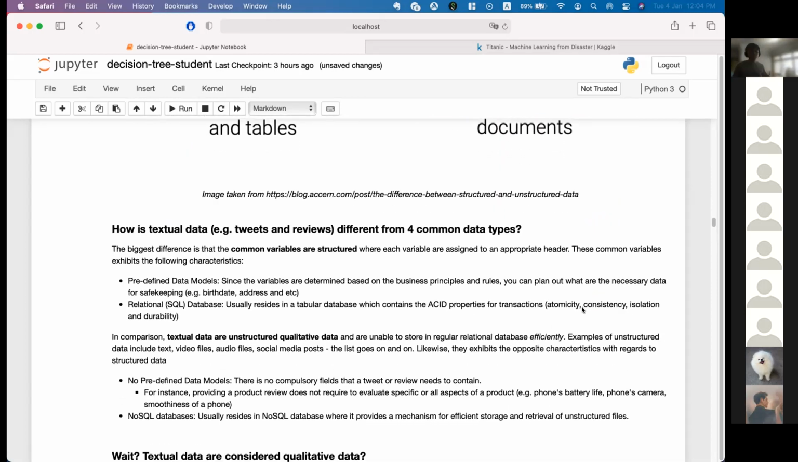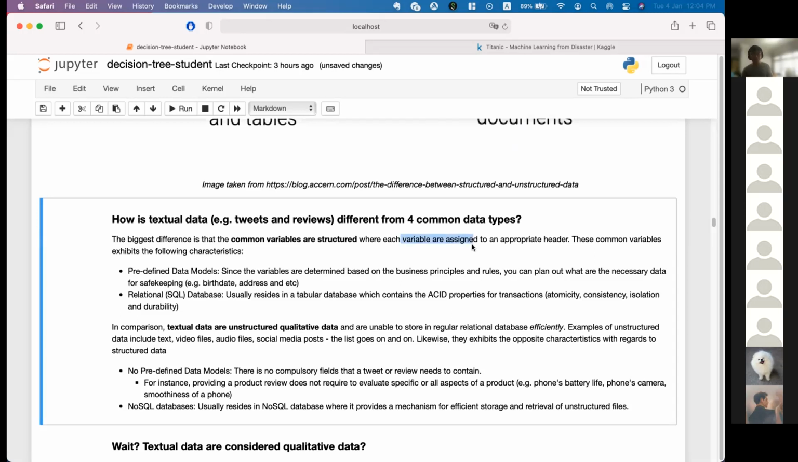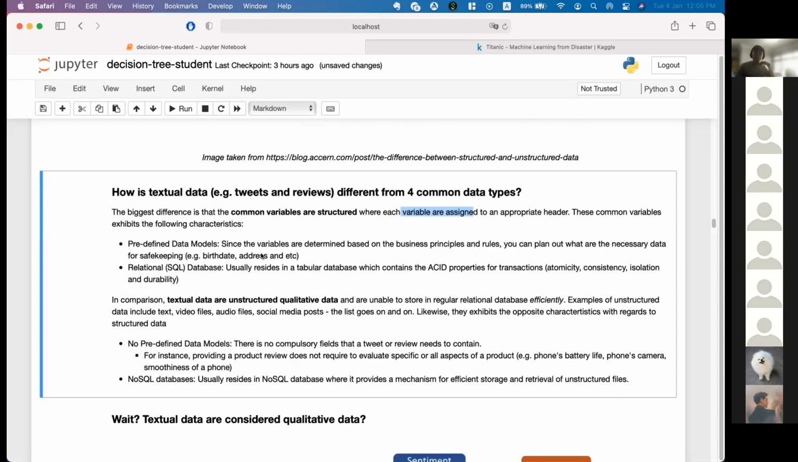Okay, so how is textual data actually different from the other types? Firstly, the biggest difference is that common variables are structured, right? Each variable is assigned to an appropriate header, right? So if I say that this is the cabin, then the variable contained within the cabin should correspond to it, right? You cannot suddenly have an egg in the cabin. Okay, so they usually have the following characteristics. Firstly, because these variables, right? For example,